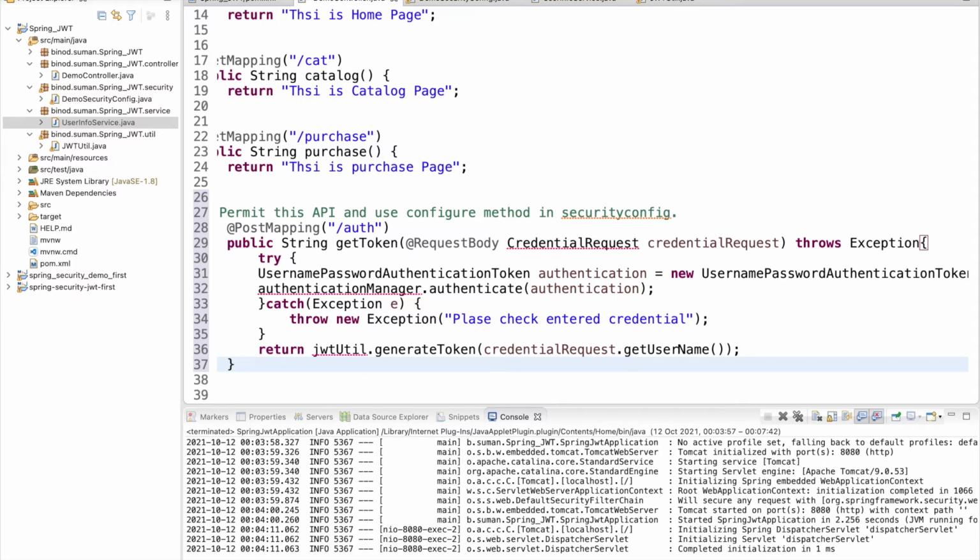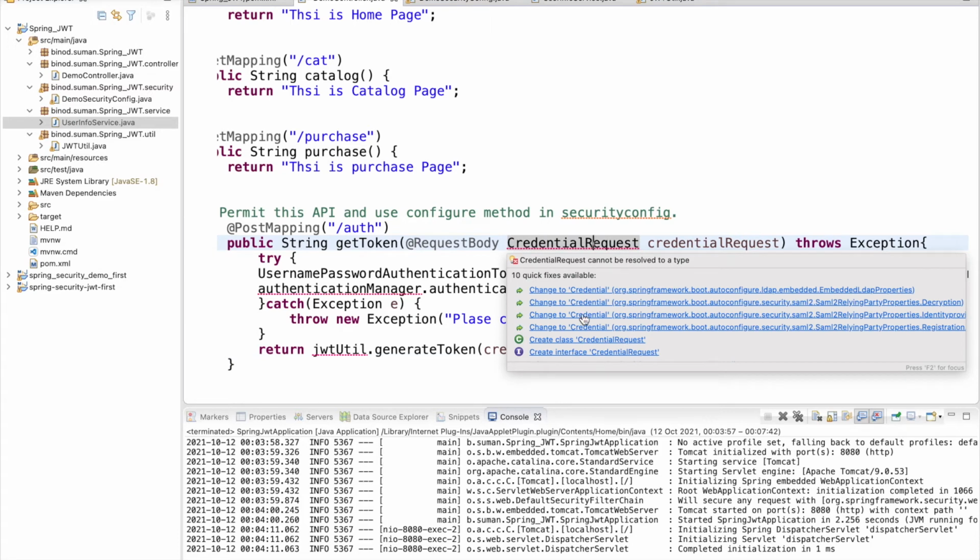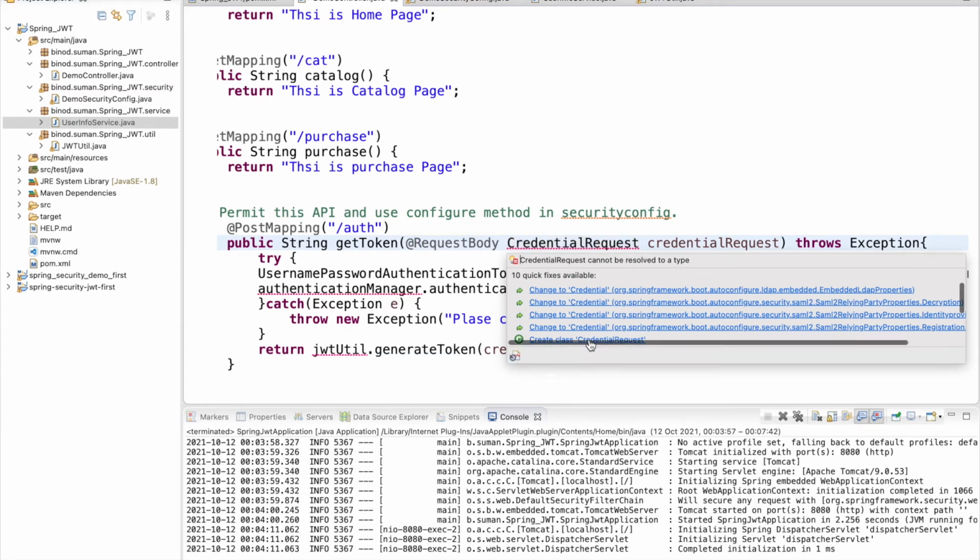So first and foremost, what you have to do, first create this class, so I can capture the username and password.